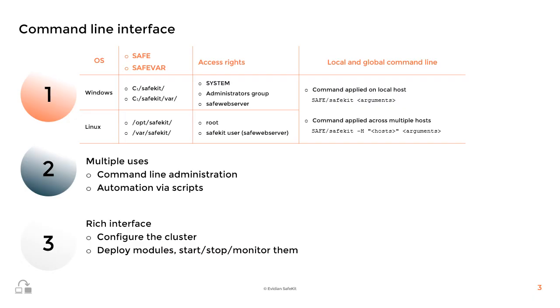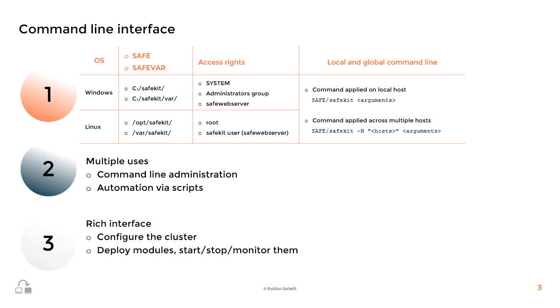As shown in the table on the right, all commands are prefixed by SafeKit followed by arguments. The SafeKit command is available on Windows in the C drive and the /SafeKit directory. On Linux, the SafeKit command is found in the /opt/SafeKit directory. On Windows, the system account, administrators, and safe web server can execute SafeKit commands. On Linux, the root user and the SafeKit user, the user under which the safe web server runs, can execute